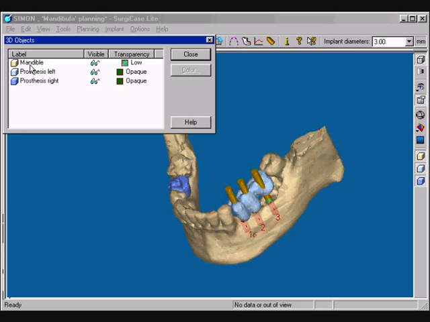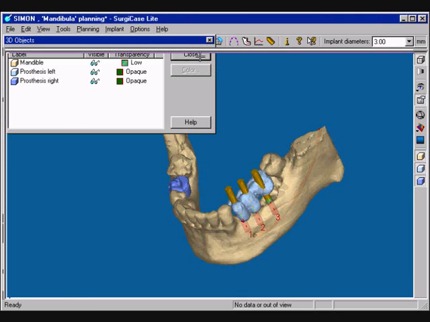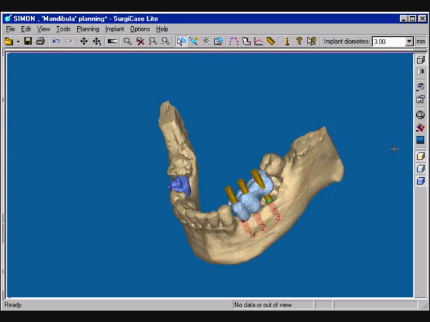The dialog box also lists the various 3D objects. You will also find your color codes in the 3D toolbar. To further enhance your evaluation of your participants, you can show or hide the various 3D objects. This is done by clicking on the button that corresponds to the associated 3D